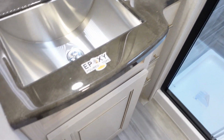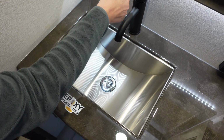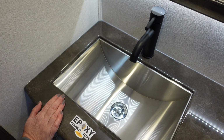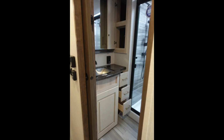Couple things that we do like about the design of the bathroom and the bedroom is that there's pocket doors. This sink in here is an epoxy pour top. I do like the size of the sink. It is big enough to wash your hands and actually do things that you need. You can see that it's nice the way it's done. I love the faucet design too. It does have storage underneath the sink, some drawers and a cabinet. There's a cabinet here. It's not super deep. It's not going to hold a ton, but